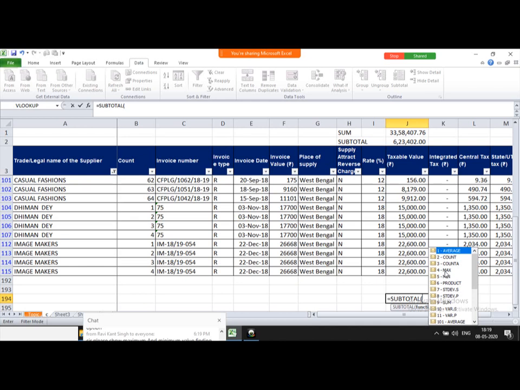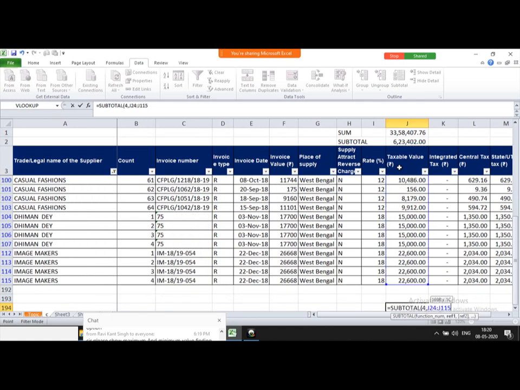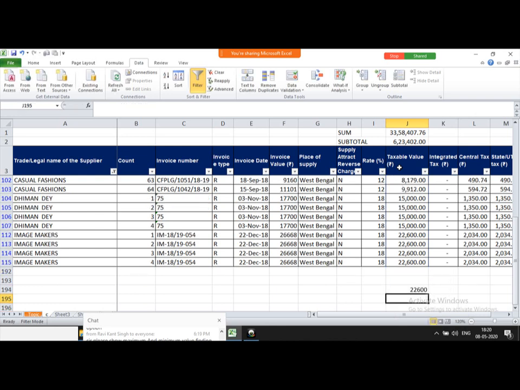For finding the maximum value, option 4 is there. You just type 4 and then press comma. After putting the comma, you need to provide the range, so just select this entire column. Close the bracket and press enter.